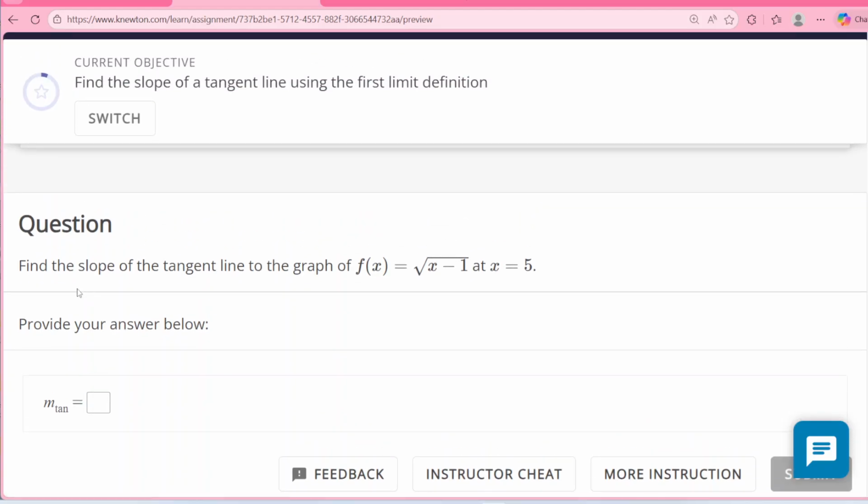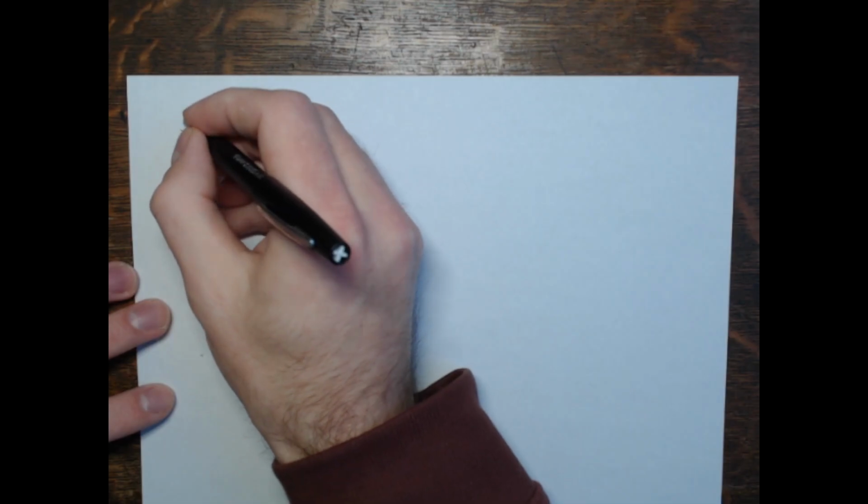So once again, we're finding the slope of this tangent line to the graph of this square root function at x equals 5. So again, not a straight line, right? If it were a straight line, I would just say, hey, the slope of the tangent line is just the slope of the line. But this is not a straight line graph, so the slope of the tangent line does change when you go to different points. All right, so here we're given